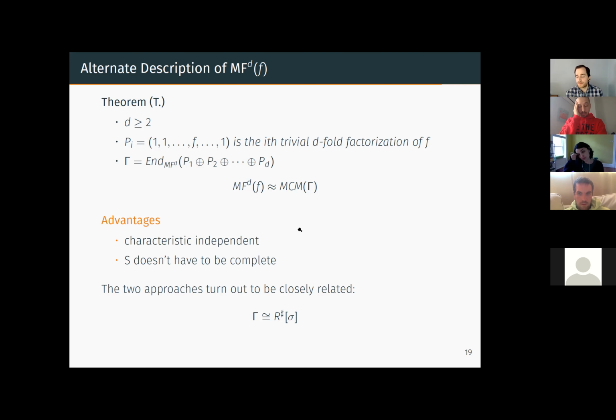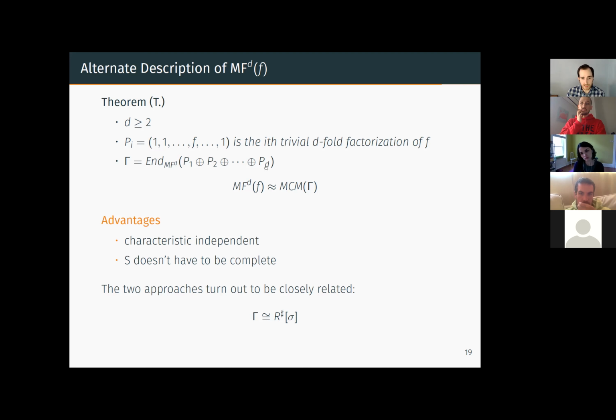One thing I wanted to ask is this gamma is never of finite global dimension, right? Only if these D are the only ones. If there's no other way to get a matrix factorization with D factors, then, sorry, let me say it again. If the only matrix factorizations are the trivial ones, then it's going to be of finite global dimension, but otherwise it shouldn't be. And that's just Auslander-type things, applying some